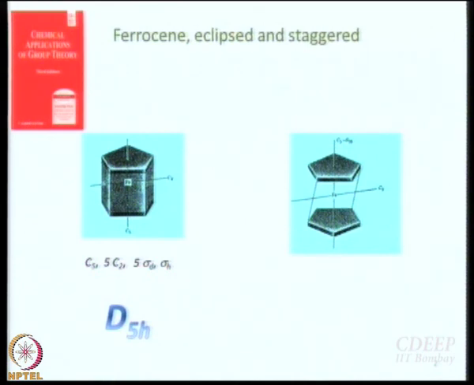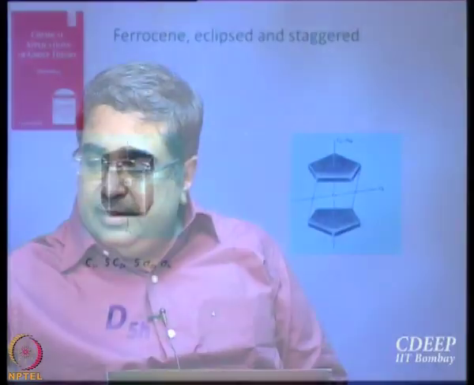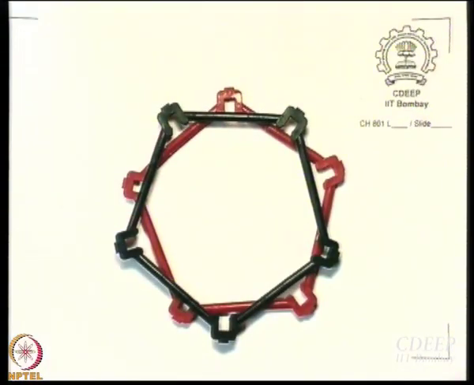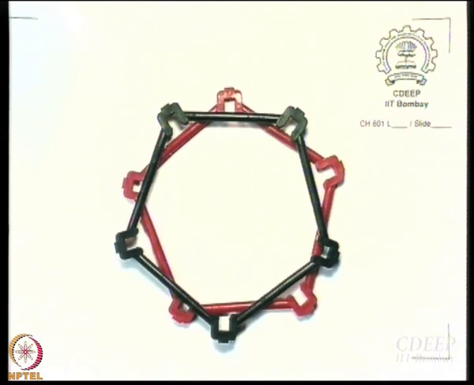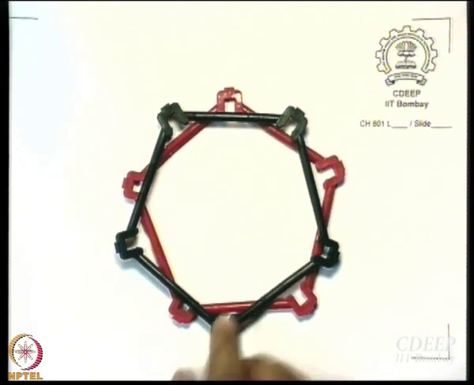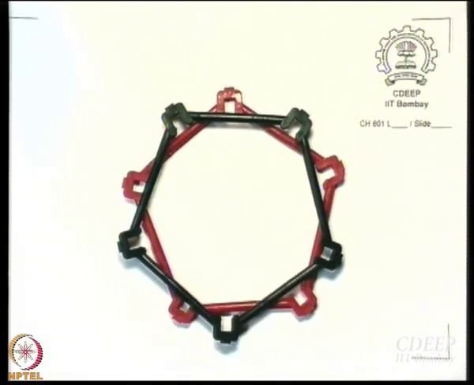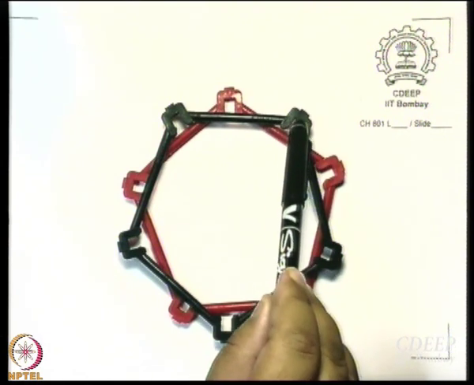Now let us talk about the staggered configuration. Okay. This here is your staggered configuration. Right? Now, what is there? Do I still have the C5? Yes, I do. Right? C5 is still there. Moreover, the C5 has now become another axis. Can you identify that axis? In addition to C5, exactly, it is S10. You see it is S10, right? Take this one, right?